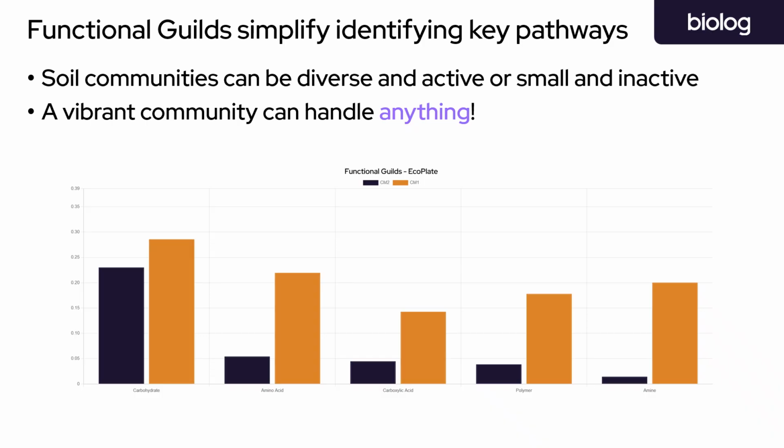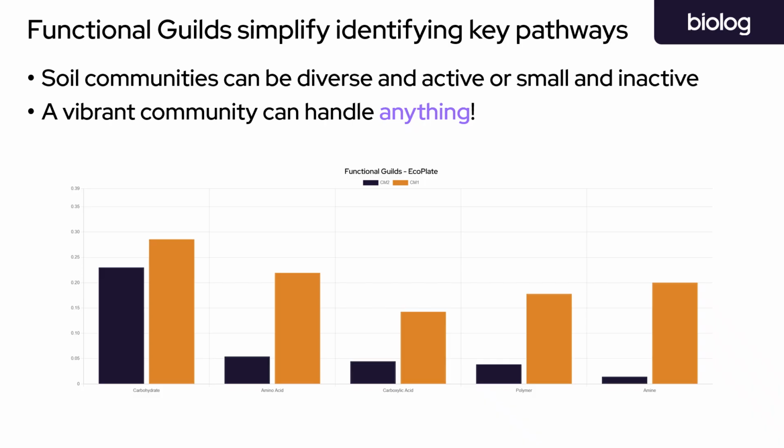Communities, like those found in soil, can be incredibly diverse with a broad range of activity and substrate preferences. On the other hand, small or inactive communities can have trouble processing certain types of substrates. Whether a community is active or inactive can be greatly influenced by where that community is, what it's composed of, or the nutrients that are available to it. When it comes to communities, the more vibrant and active, the better, so that it can handle anything that you